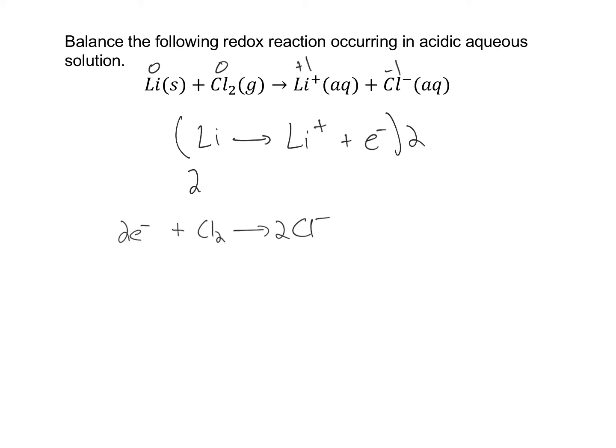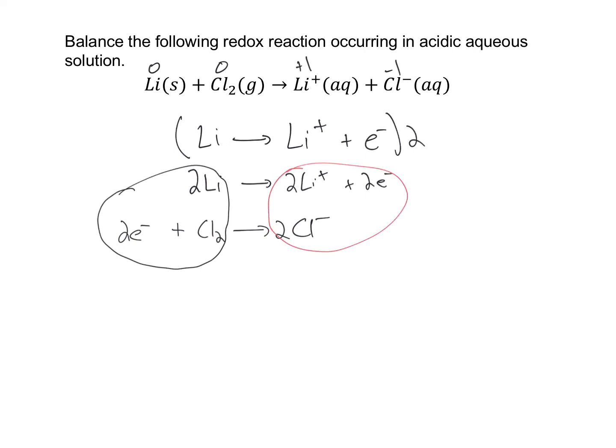Now I have 2 lithiums going to 2 Li+, and the important part is that I now have 2 electrons on the product side. Then finally, we want to add these 2 half reactions back together. I'll take everything on the reactant side, and those will be my new reactants, and everything on the product side will be my new products. And so when I put these 2 back together, I'm going to have